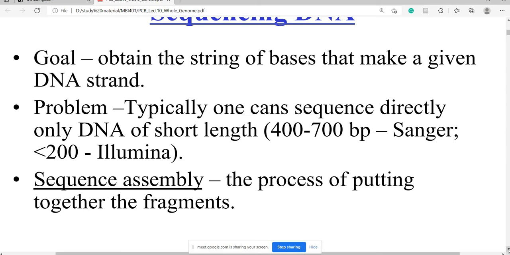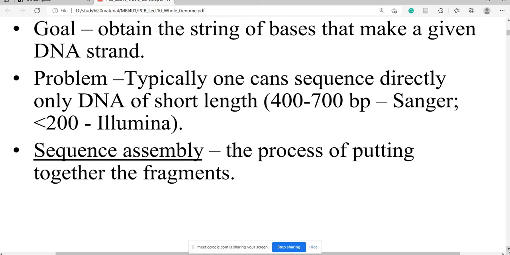After that we need to join the different fragments together, because the genome is large. So for a larger genome we have to cut it into multiple fragments. Then in sequence assembly we assemble the different fragments together.